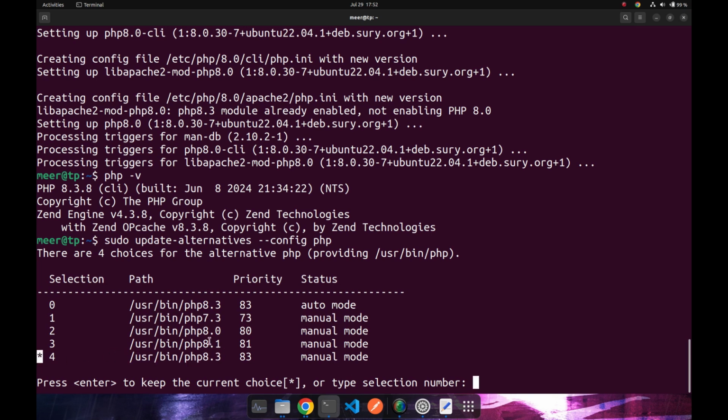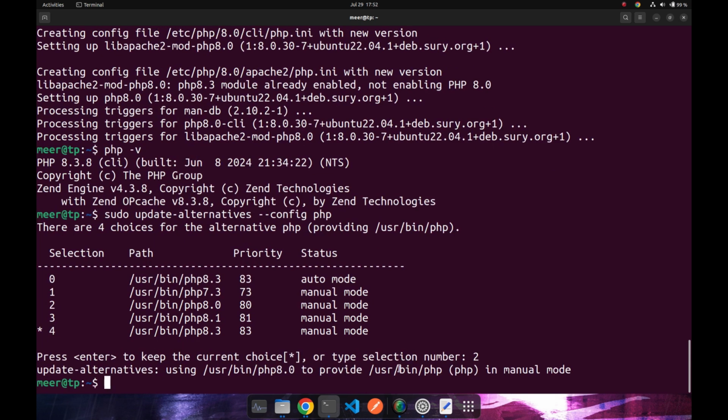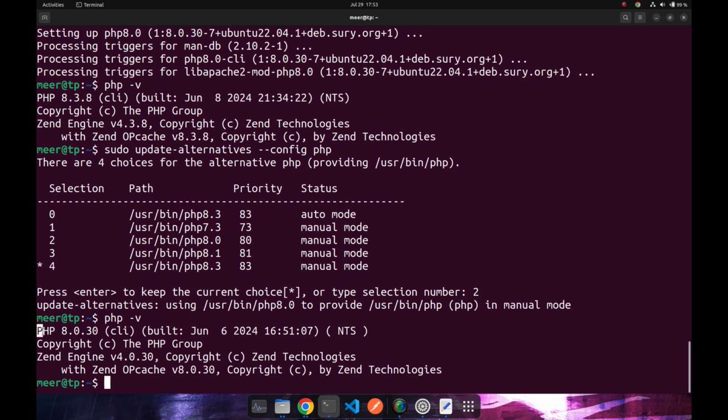And if you want to enable this PHP 8.0, we can use this number over here. So we can type number 2 and enter. It will update the PHP version. So just check with php -v. It says that PHP 8.0.3 is now the selected version, but we also need to engage the modules of PHP